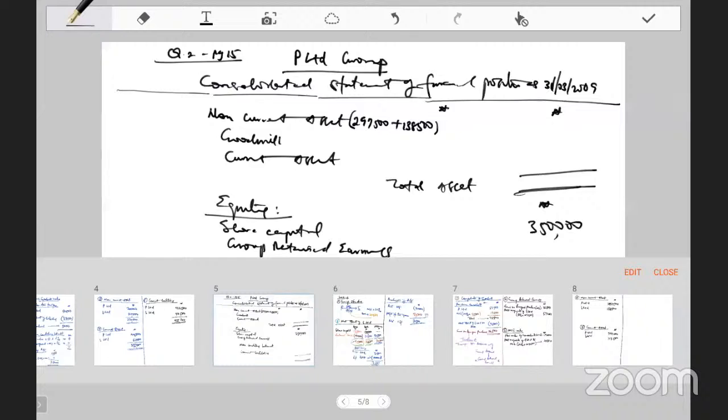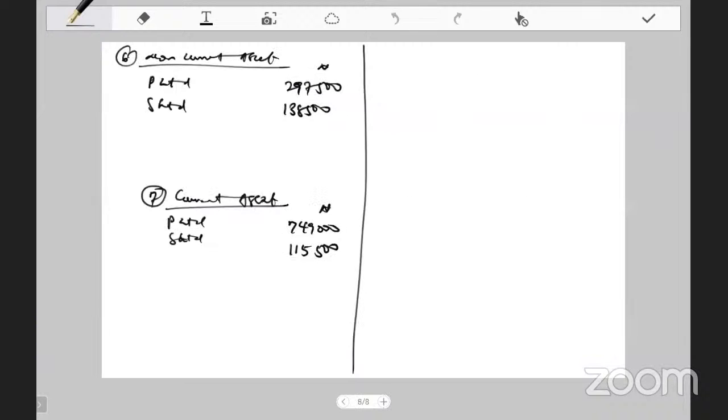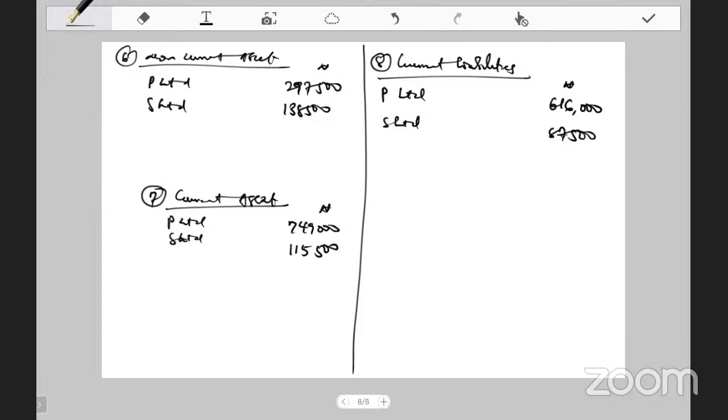So after that, I move to my current liability. That is note 8, current liabilities. For my current liability, I have P Limited. What's the value for P Limited? 616,000. Then I have for X Limited, that is 87,500. Now, if you look at it, I don't need the question again in my hand. So I'll just go back to all my workings,